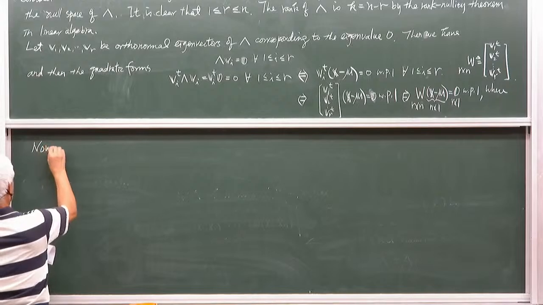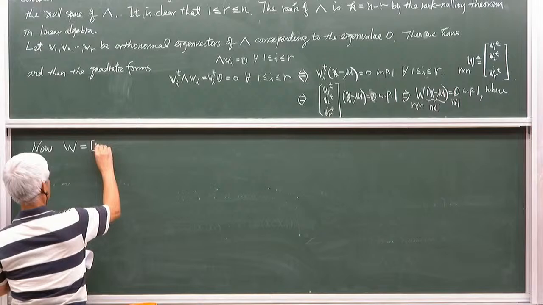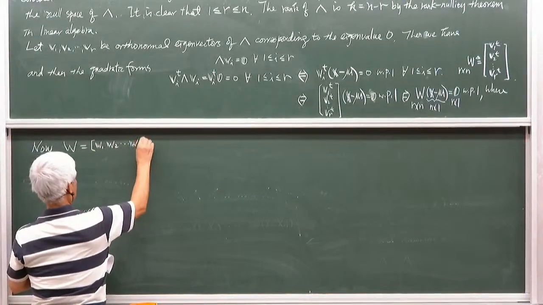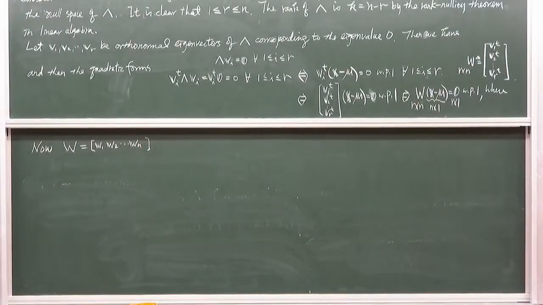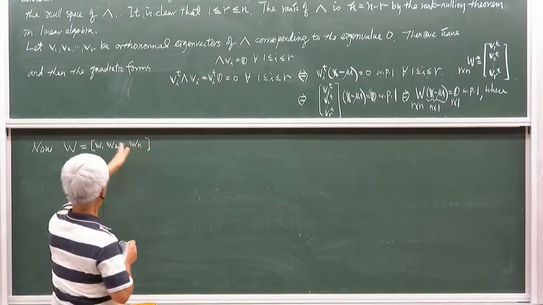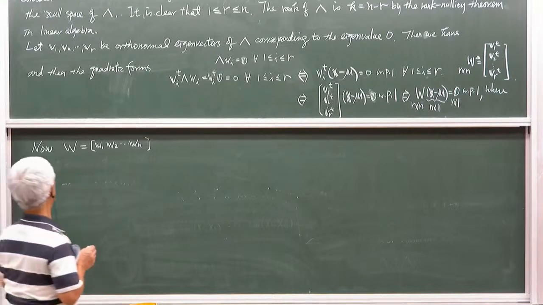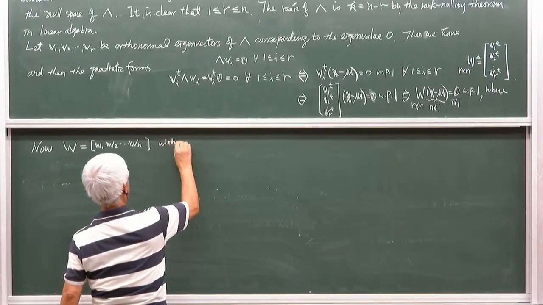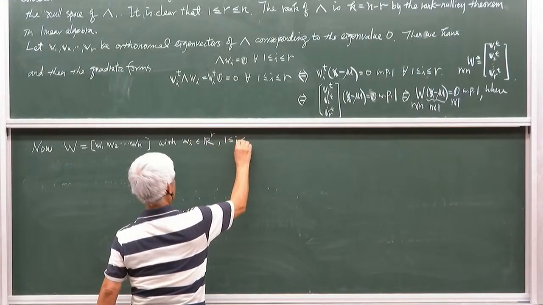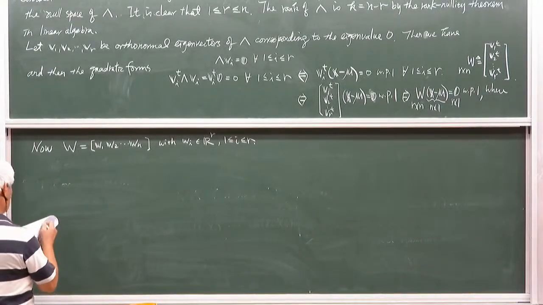So now, you express W. So the matrix W has n columns, and the dimension of these columns is R. So they are R dimensional. So without loss of generality,